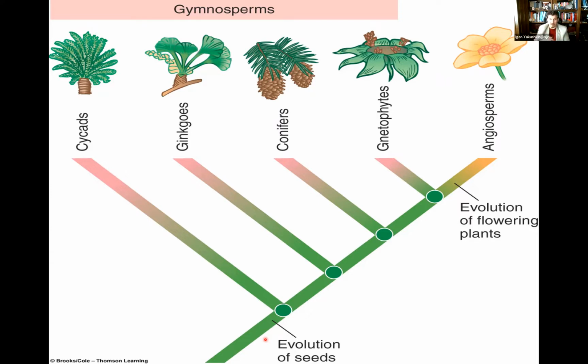Pollen grains are essentially nothing but the sperm of the plant. So next time, whenever the weatherman or woman says, today we have a high pollen count. Well, not today because we have rain, but if today is a high pollen count, essentially what she's saying is there is a high level of plant sperm in the air. Anyway, so evolution of the seed is extremely important from the perspective of withstanding or living on dry land.